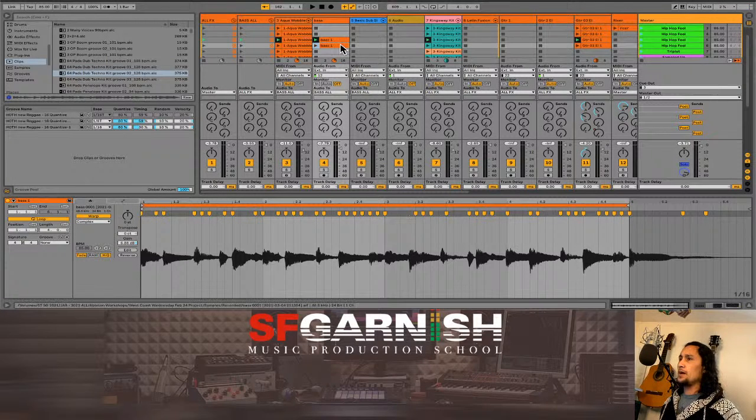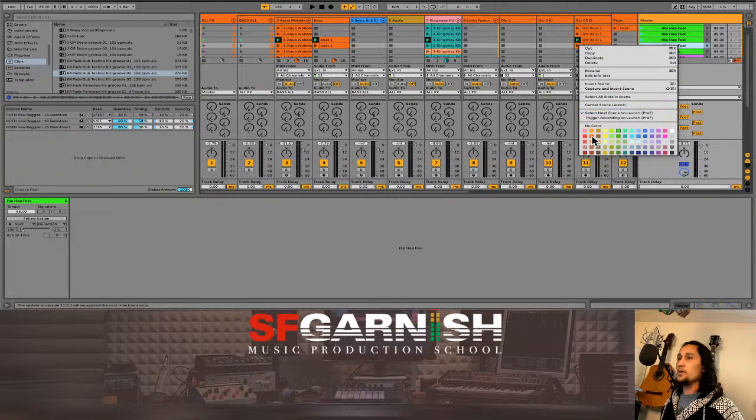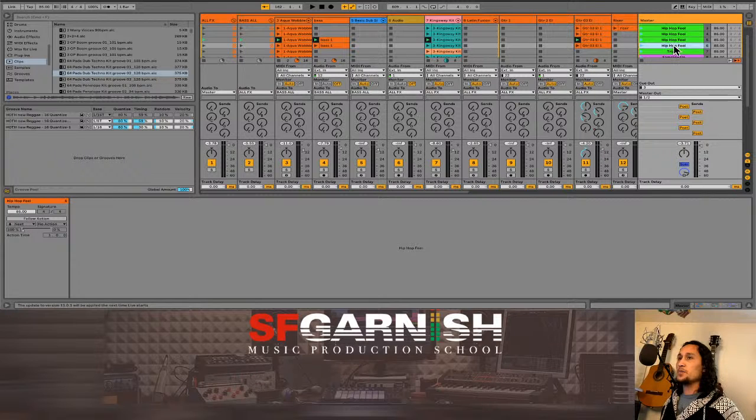All right, so here we go. I'm going to transpose the new one. I'm also going to rename this. And part of renaming this is just to keep track of the colors and the renaming. It's going to help organize what we're doing here. So this hip hop feel, I'll rename this to 5